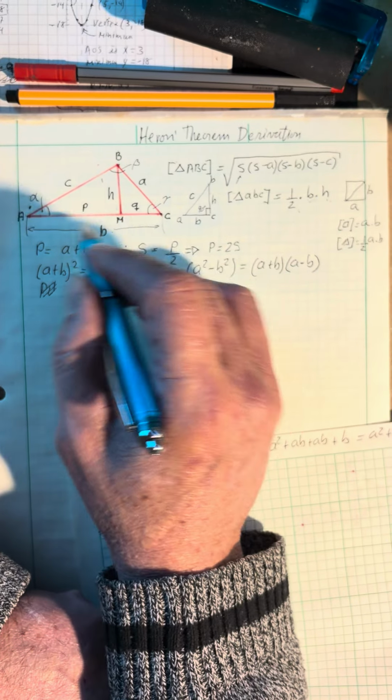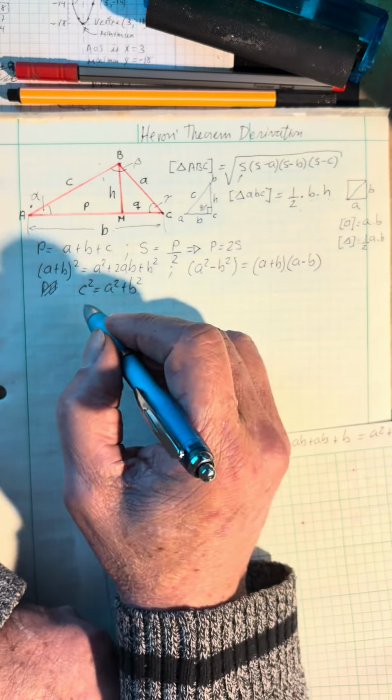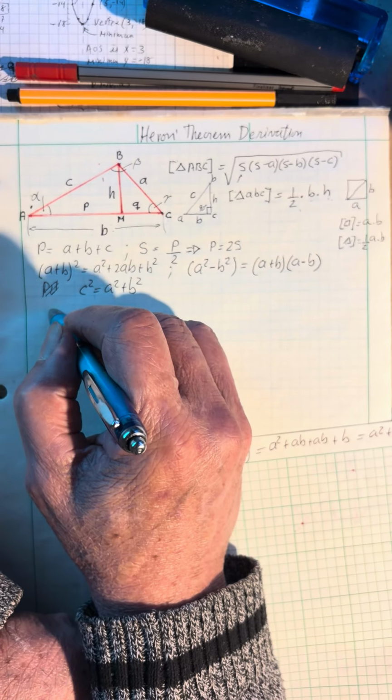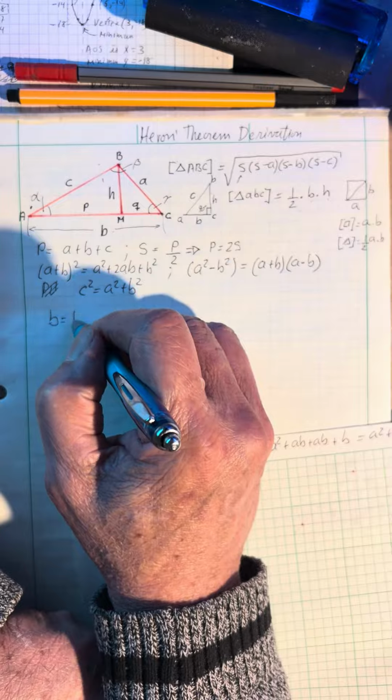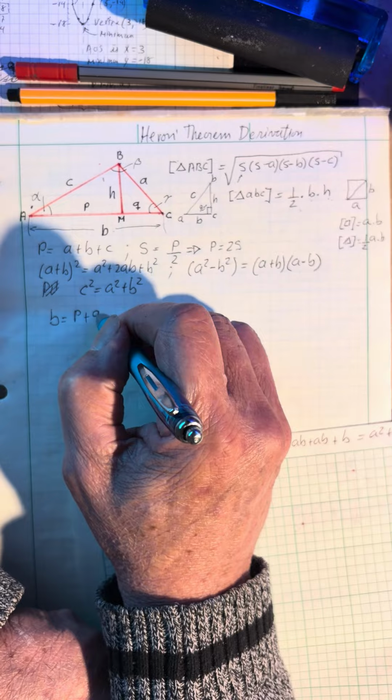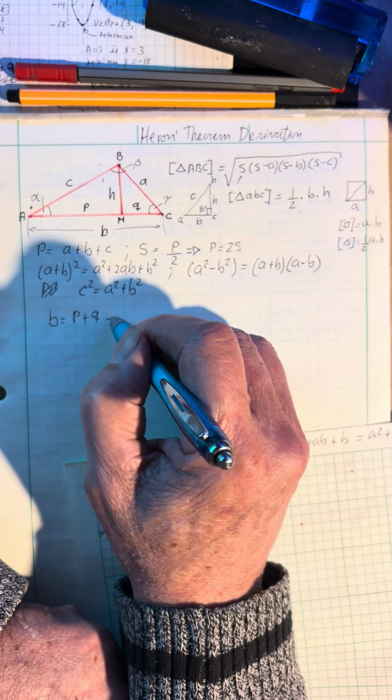Okay, so we start with this fact here, B is equal to P plus Q, which implies,